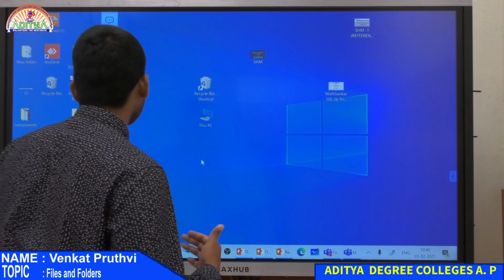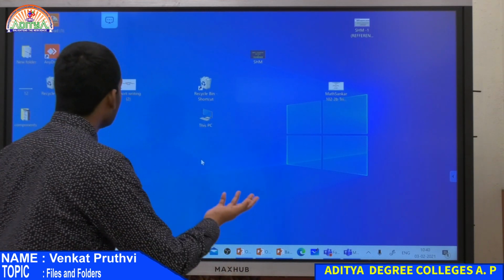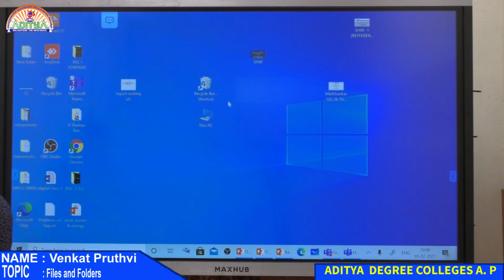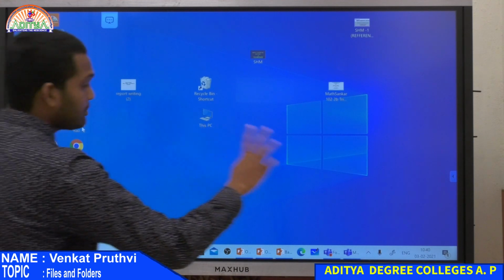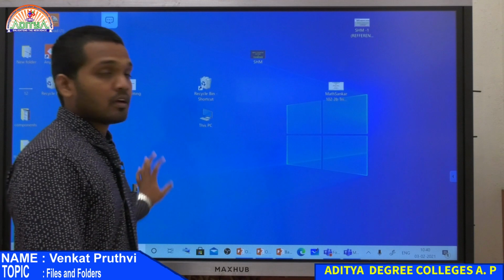So that is about desktop icons, which you already know, and we just revised it again. Now we were talking about files and folders. If you see this whole desktop page, you have different kinds of icons.